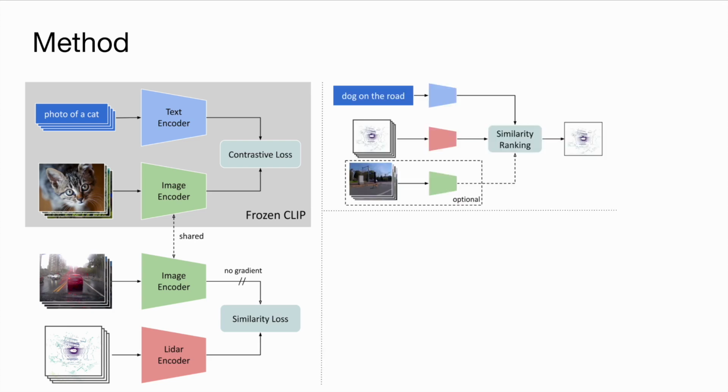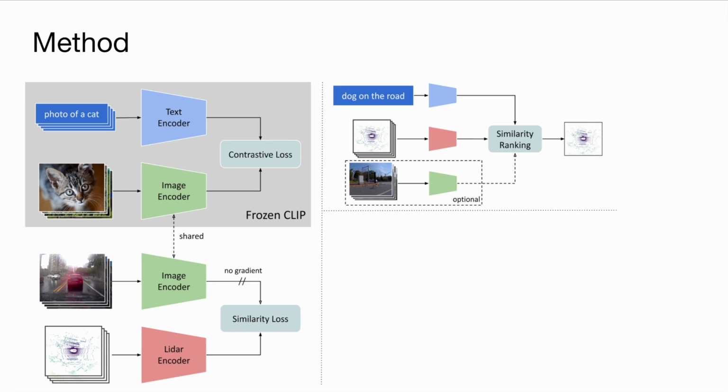Now that we have pre-trained our LiDAR encoder, we can do a number of different things. Here we show an example of retrieval. Given a single text prompt, which would be the retrieval query, we can embed it using the CLIP text encoder, and then we can embed our entire dataset of LiDAR scans that we want to search in separately using the LiDAR encoder. And then we simply perform a similarity ranking where we find the LiDAR embeddings that are most similar to the text embedding and retrieve the top K ones that we're interested in. Optionally, since we have pairs of LiDARs and images, we can also use the image embeddings here to get even